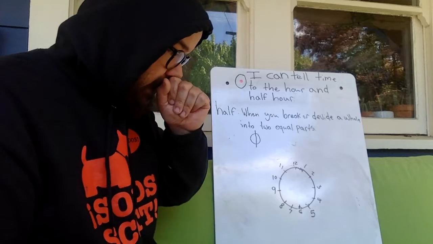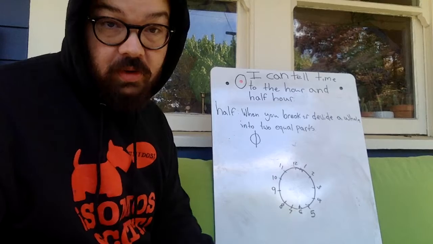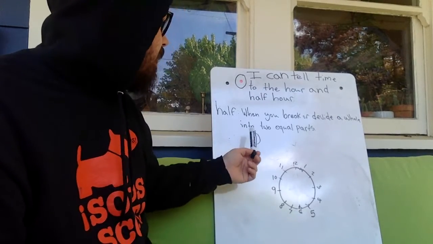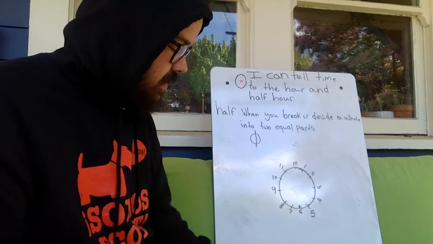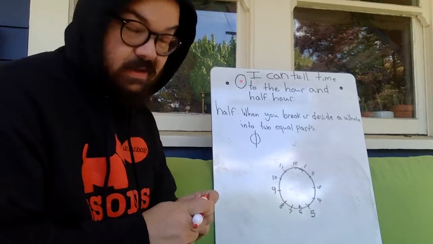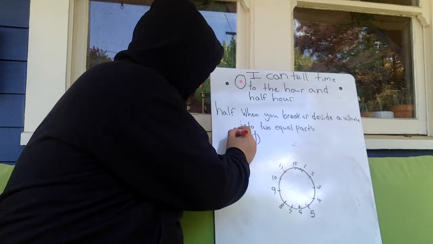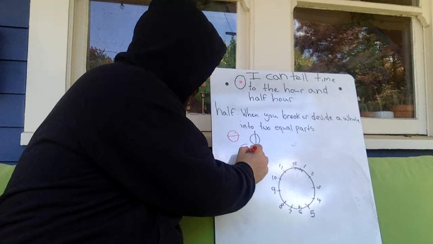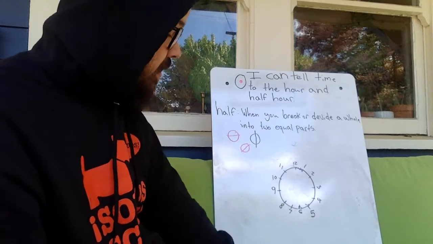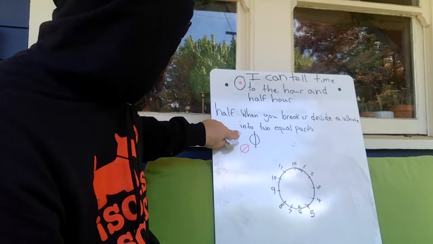Mirrors off. Now, half is when you break or divide a whole into two equal pieces. And equal means that they're the same. So here we have a circle that I have divided in half. And there are multiple ways to do a half if we're doing a shape. I might do it this way, I do it that way. As long as they are the same on both sides,